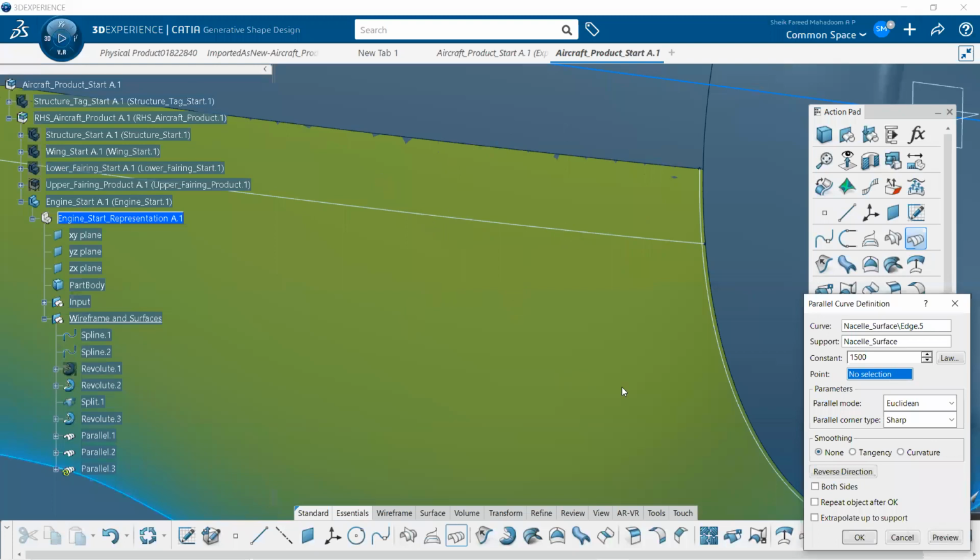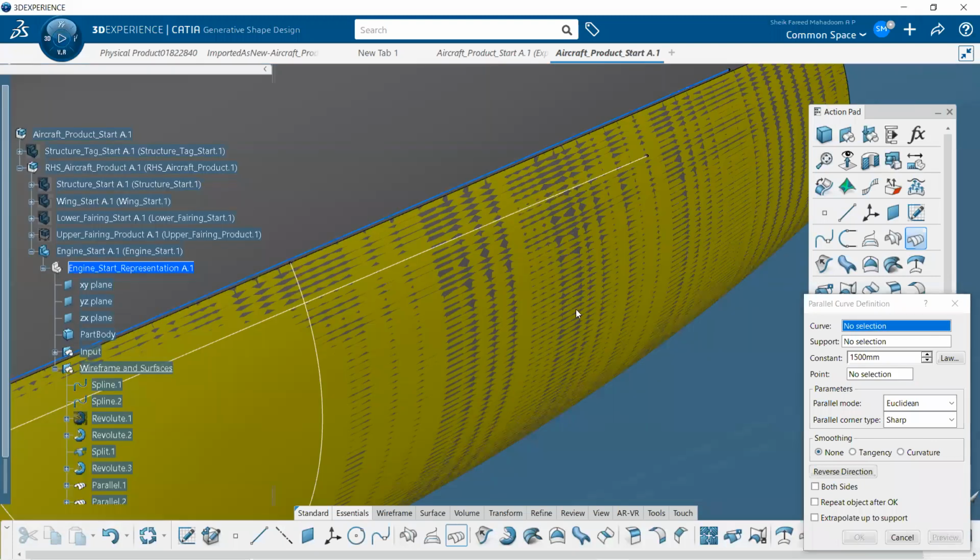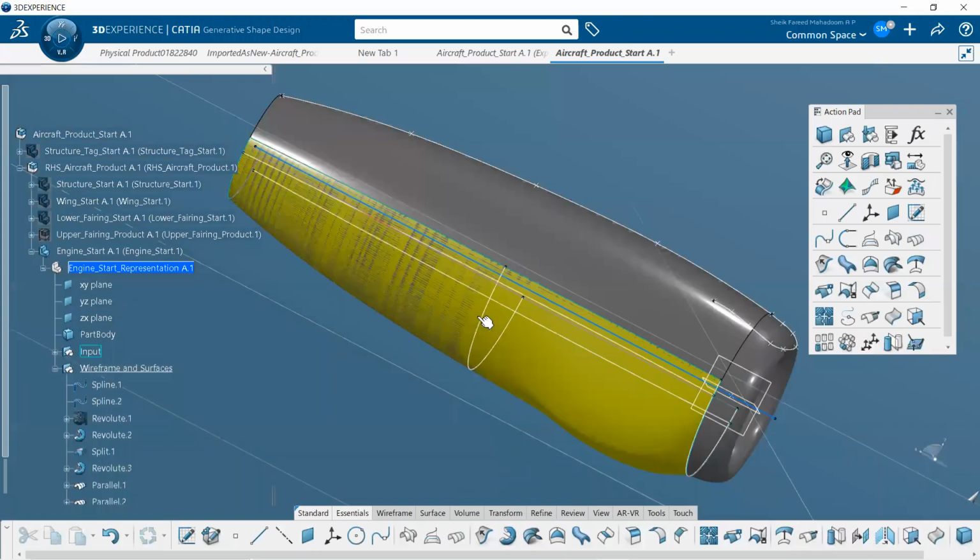I'm going to cut the surface with respect to this particular closed portion alone. Right now this surface is sharp. I need a smooth surface, so a smooth curve. So what I have to do is give a corner over here. I'm going to give a fillet between these two.